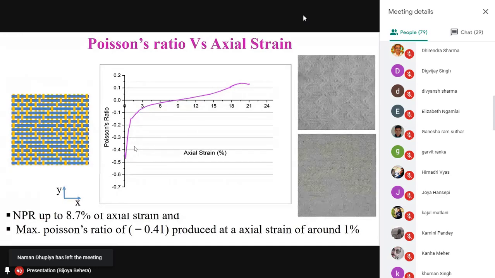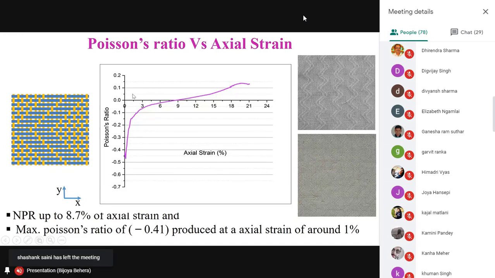Similarly, you will find 9 different Poisson's ratio versus axial strain diagrams. They are all of similar behavior, and I will explain only one, and all other 9 fabric samples are of the similar type. Look at how it is behaving. This is a very typical Poisson's ratio versus axial strain diagram, where you can see both on the top and bottom side of the zero, negative value and positive value. If it is a normal fabric, obviously the diagram will not come from these two here.